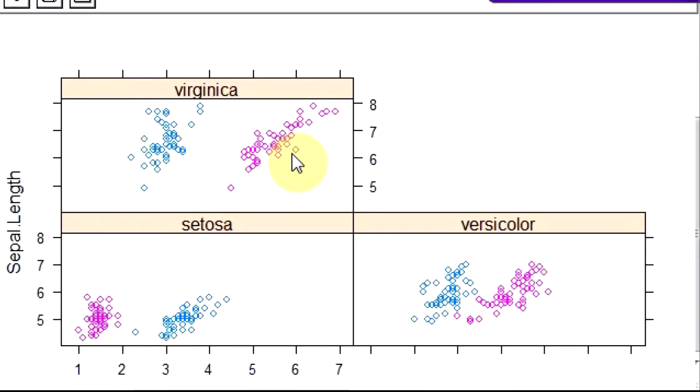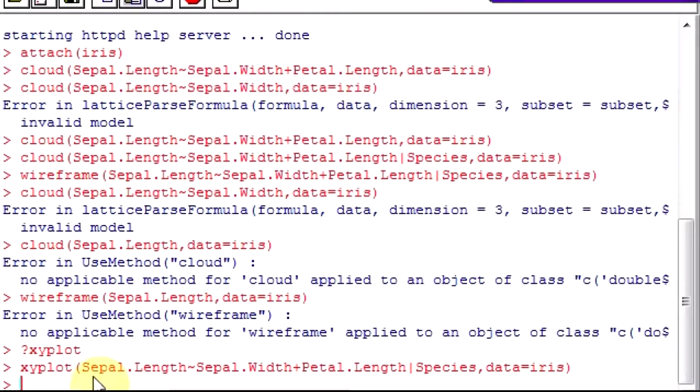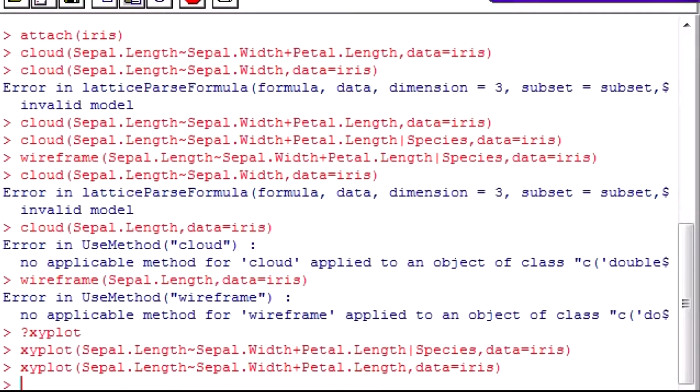Look at this. The function is the same; instead of doing cloud, I did XY plot. Basically, you created a scatter kind of a diagram. This is a formula where it says sepal length is dependent on sepal width and petal width.